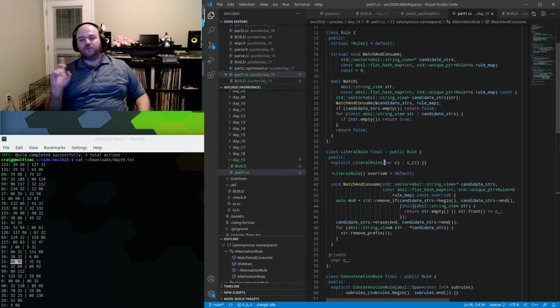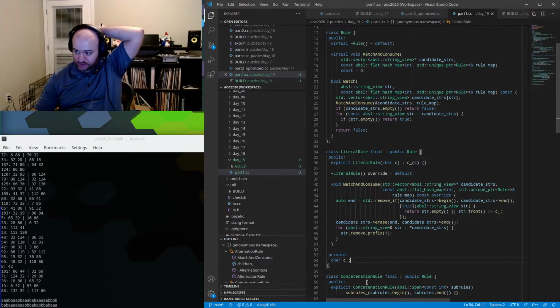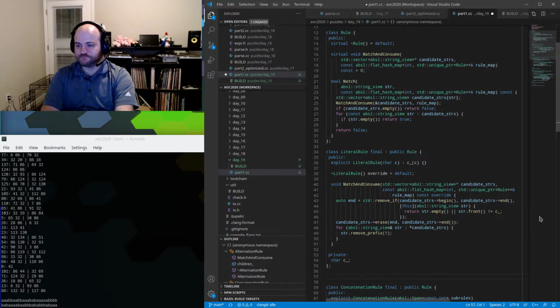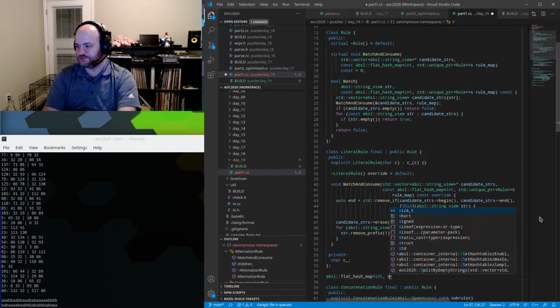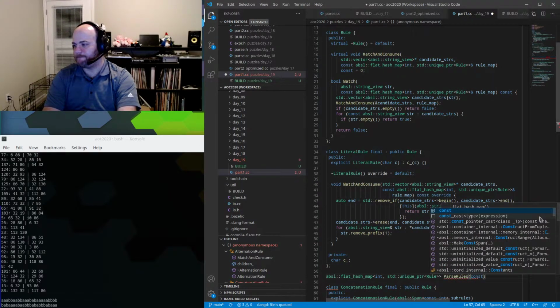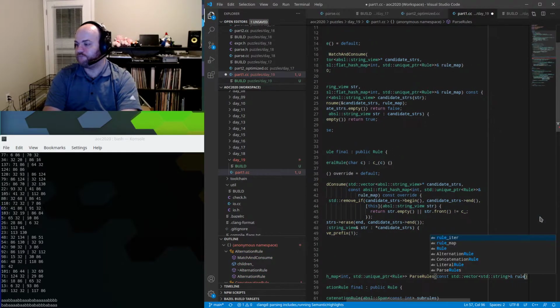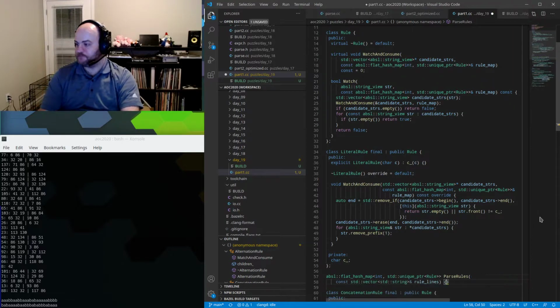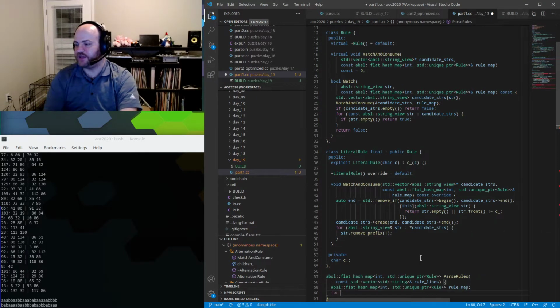So I think we have the right implementations of all of our rules to check strings. Now what we actually need to do is parse strings. So it is parse rules. So we will write a function that builds up our map of rules. So that will be our rule map. And then so we'll say